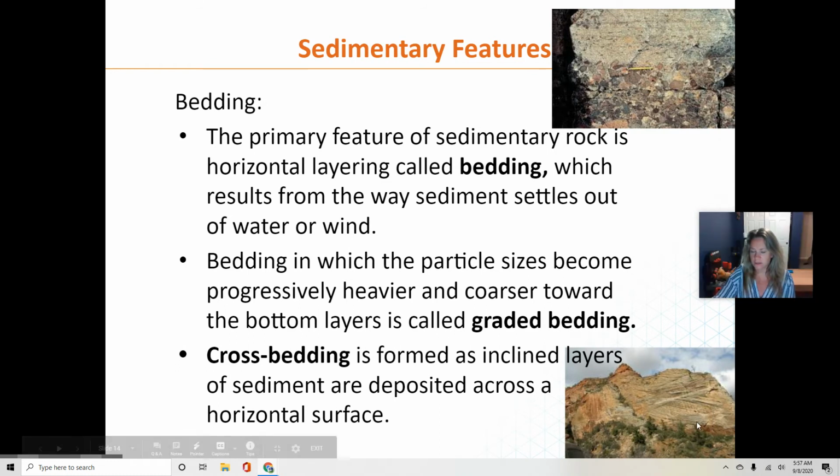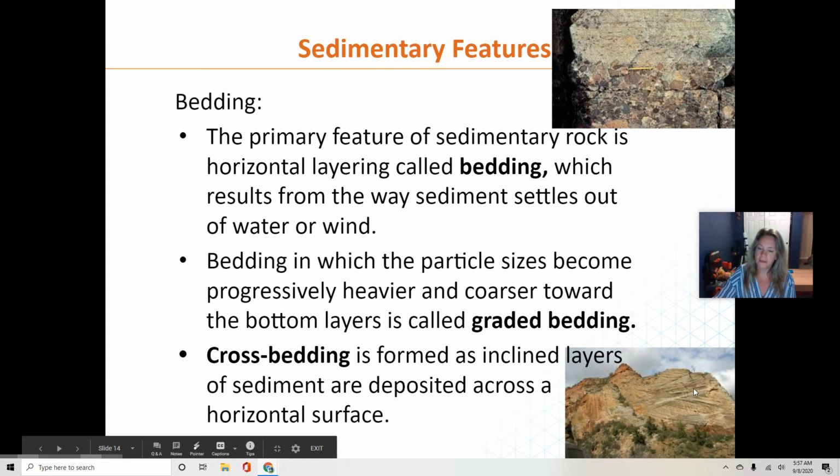So you can see these cross layers. So you can really see them here. You can see cross layers here. You can see cross layers here. So the only way that forms is if water is carrying it or wind is carrying it. So this would be wind or water. And so normally, let's say that there's water over this area. And so we get this kind of